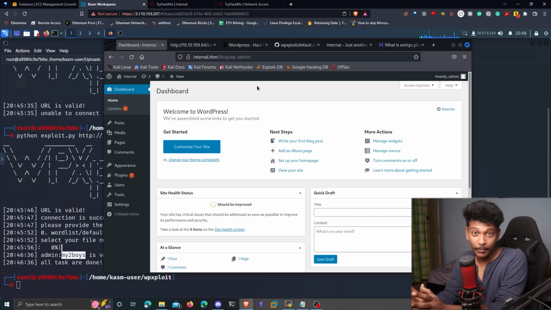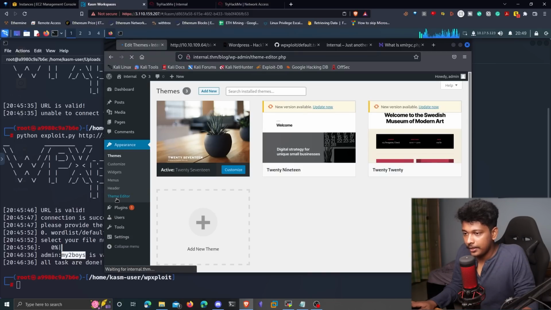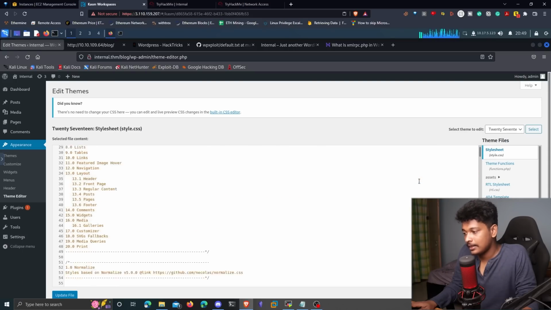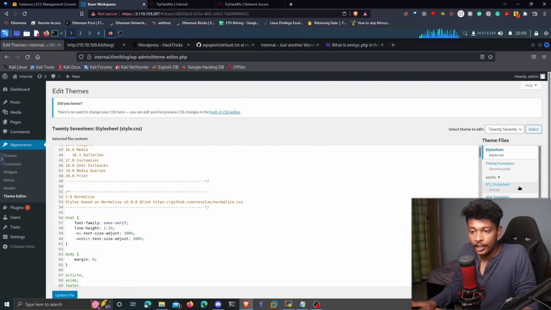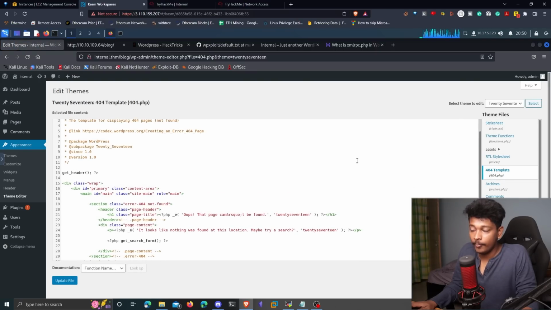It's actually pretty simple. Now that we have access to the WordPress dashboard, we can upload a reverse shell using the WordPress dashboard, and we can connect to that reverse shell and get access to the server. Okay, so I'll go to the theme editor here, and here are all the files that I can edit and save. So if I go to the 404 template, which is located at 404.php, this is the contents of the file. So what I'll do is I'll just replace this PHP code with my own